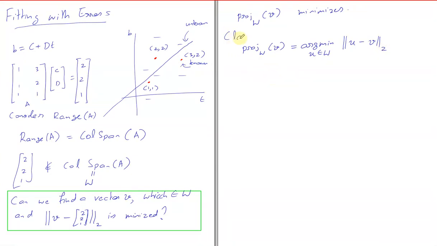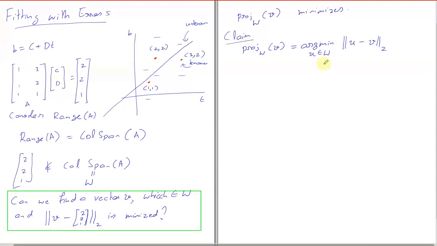Sir, what is argmin? Good question. This statement you understand, right? You want to minimize this particular objective. But we don't want the minimum value. We want to find the vector U which minimizes this, right? Yes, sir. So argmin means that you minimize this and find that vector U which minimizes this and return that.